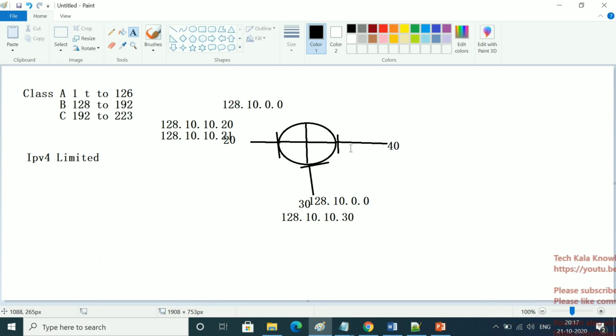Otherwise we can connect only 20 servers here, that's it. We cannot use this network ID here and here, right? That's why we need to create a subnet, like a network within a network.